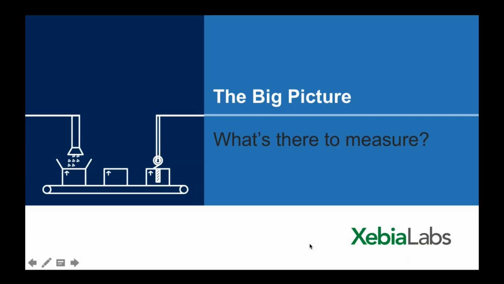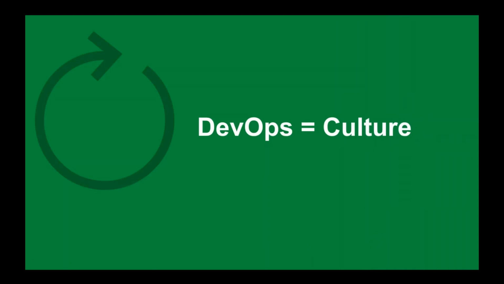So we talk about metrics and we talk about measurement. What exactly does that mean in the context of DevOps when fundamentally, regardless of who you talk to or what you read, we always have this as the starting point, right? DevOps is a cultural transition, right? Yes, there's tooling, and yes, there are processes involved, but consistently the message that we hear from practitioners and thought leaders and folks who are in the throes of this experience is that DevOps is really about changing your organization's culture to deliver better software faster, right?